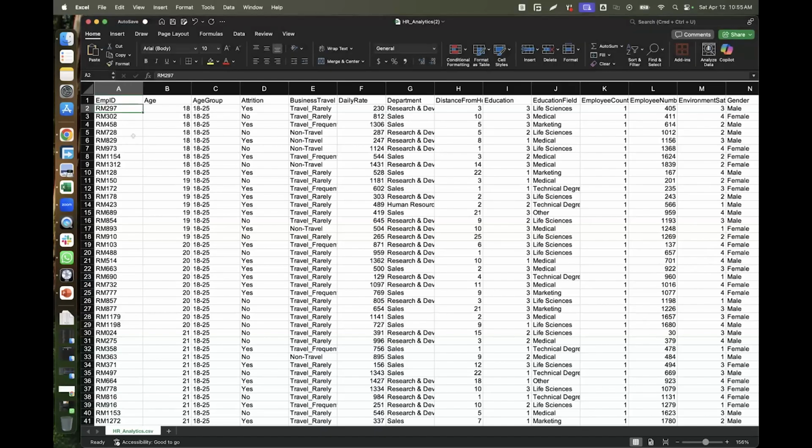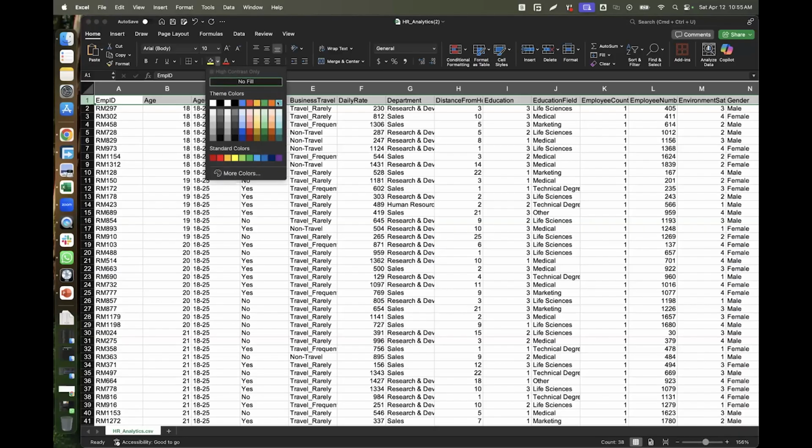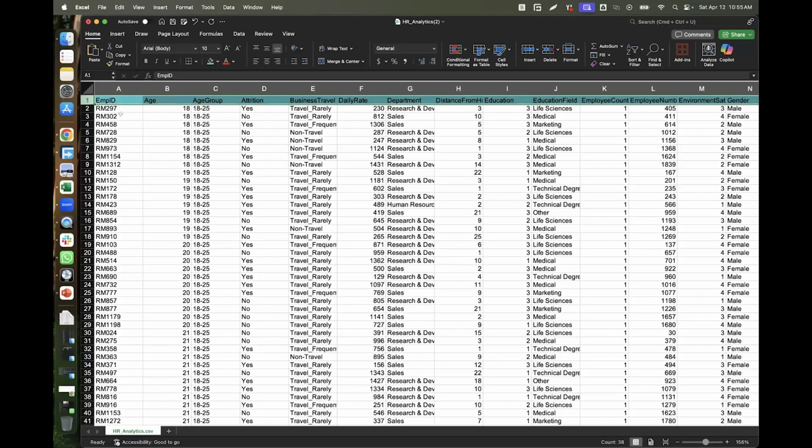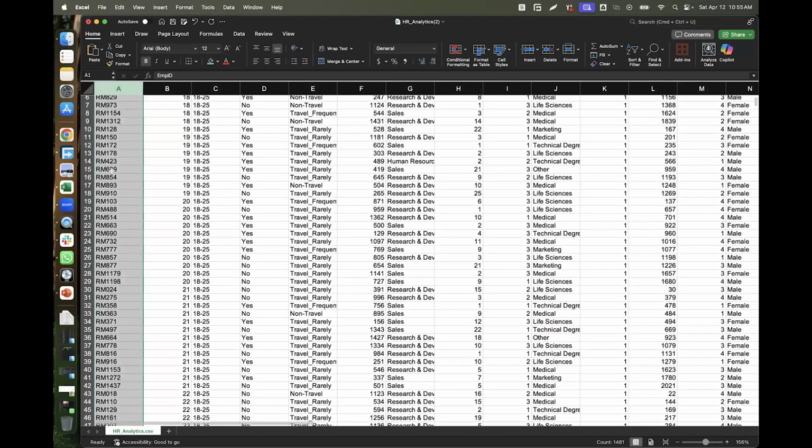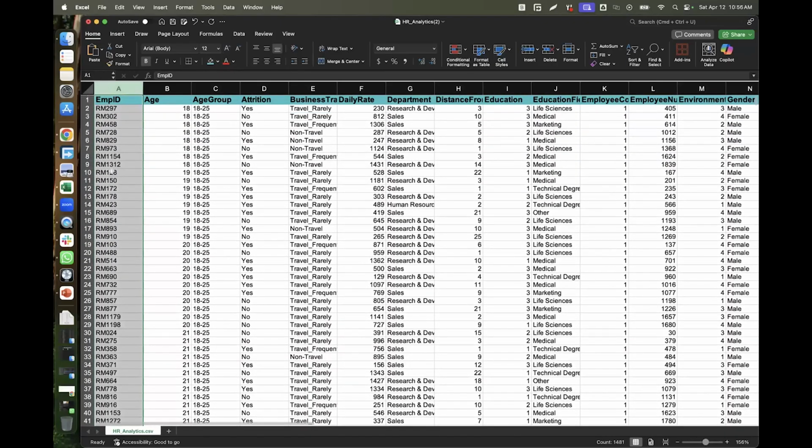So the first thing we want to do now is let's try and see how this data is. For me, I feel this data is semi-structured, and I try to, first of all, have an understanding of my data. So I'll highlight this as blue just for us to be able to see the header very well. And I will try to make this bold just for us to see the header. Now, how many of us noticed that for this employee ID, the numbers are not ordered in the way they are supposed to be ordered?